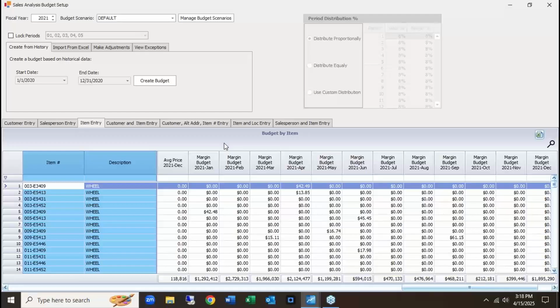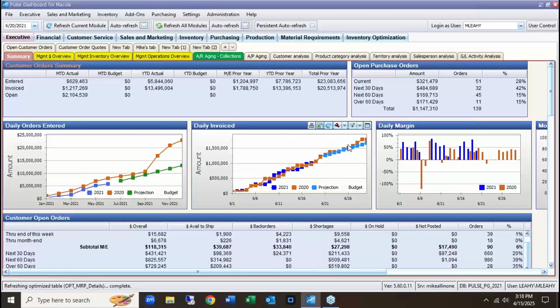So when we developed this, we had a CFO, one of our customers, that was really into budgeting, and he provided some guidance in terms of how we were going to do it. Okay, so here's our budget. We have it in there, and now we need to